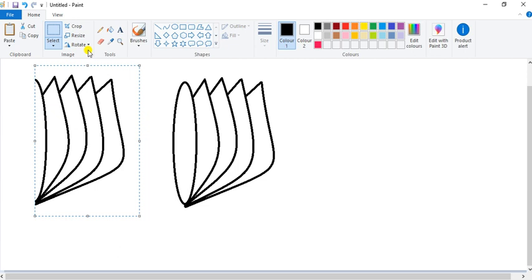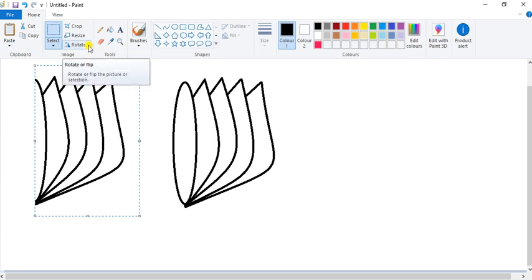If you want mirror image of your image part, then you can use flip horizontally option. Which option is available in this rotate? Okay. Go to image group. Then you can select here rotate. Near to rotate option, you can see one black arrow.